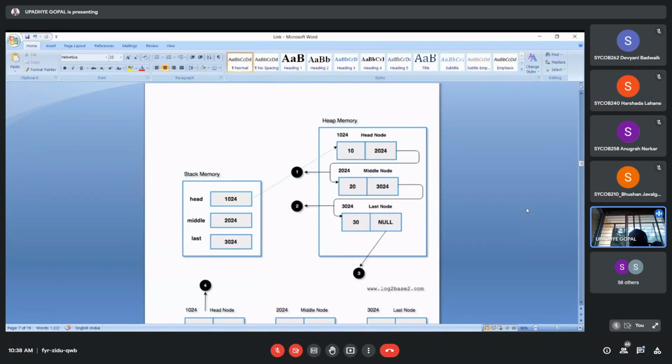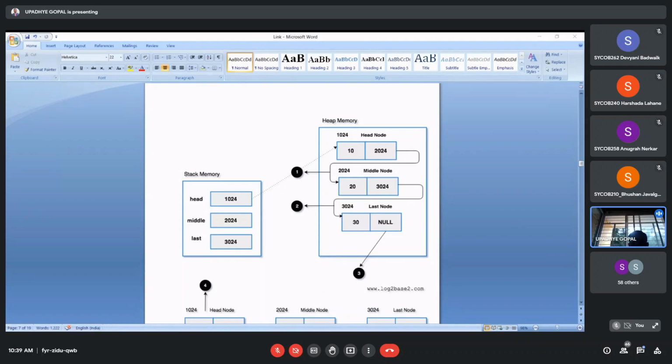You can observe that 3024 is in the second part of the middle node because it is specifying the next address, and on that next address we keep the third value, that is 30. And one thing you can observe is that in the last node, the second part is null. The reason is there is no data to be inserted ahead of 30. That's why it is considered as null.